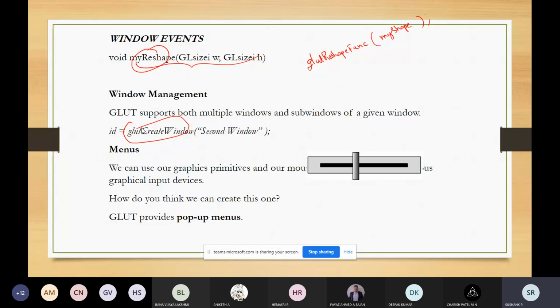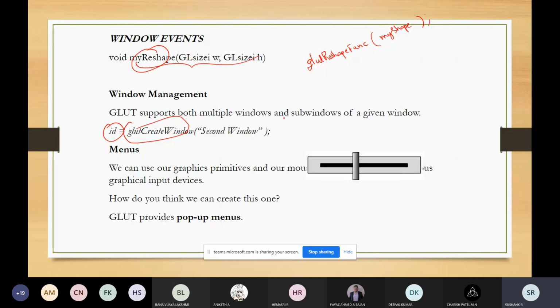GLUT supports multiple windows and subwindows, so you can create as many windows as you want using glutCreateWindow. This function returns a value, that is the integer ID, and you can use that ID to make the window with that ID the current window.